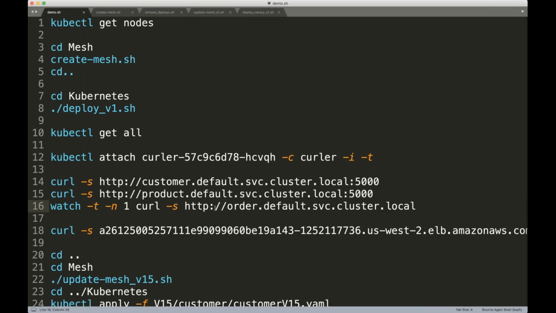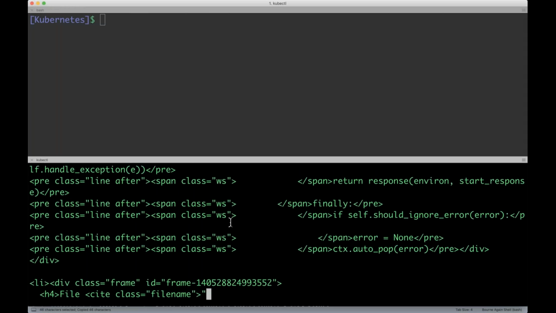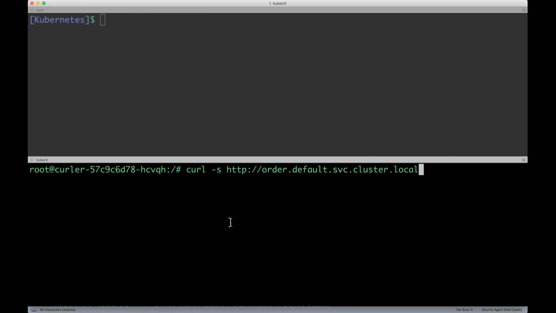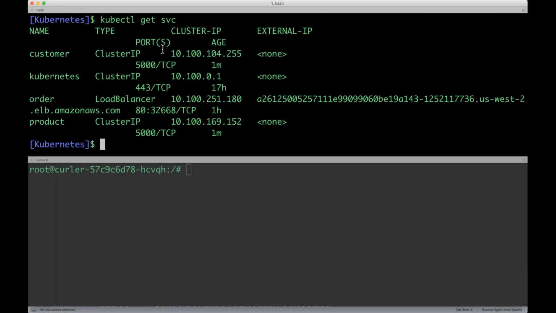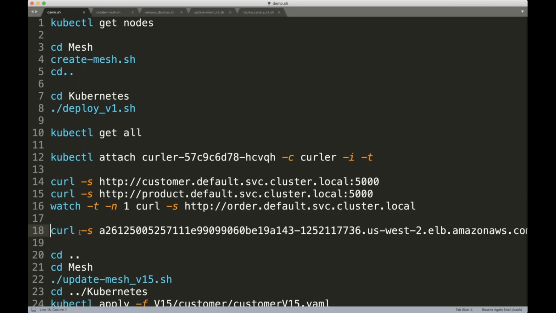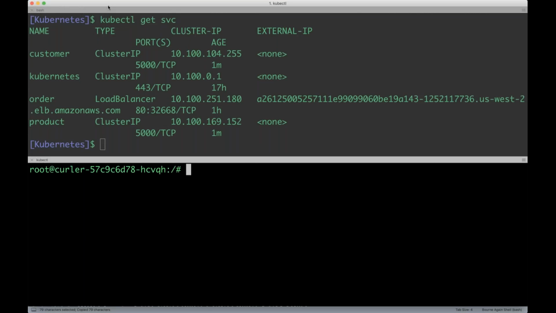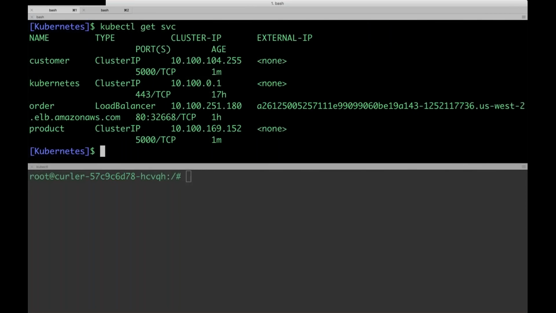Then we can actually do curl on the order, and order is slightly interesting because what it does is it actually shows, oops. Okay, I'm unable to access my order service. Let's see if, okay, no problem. I'll access it through the public IP address. Okay, so what I'm actually going to do is